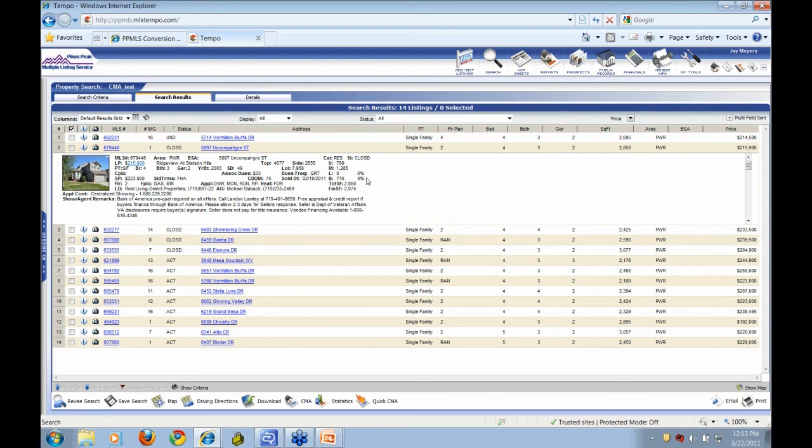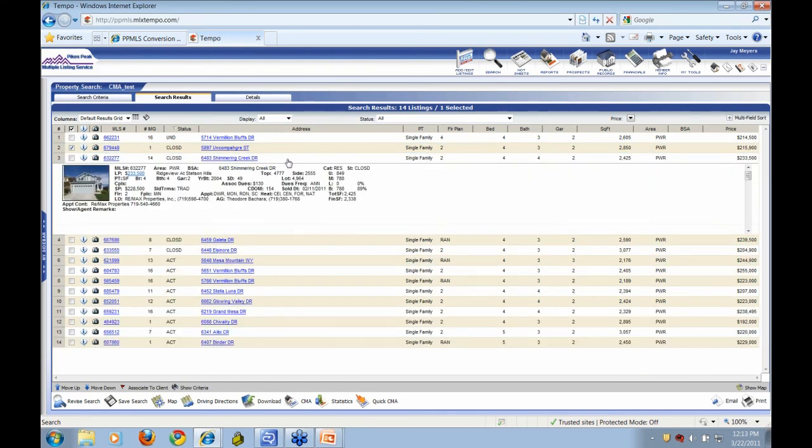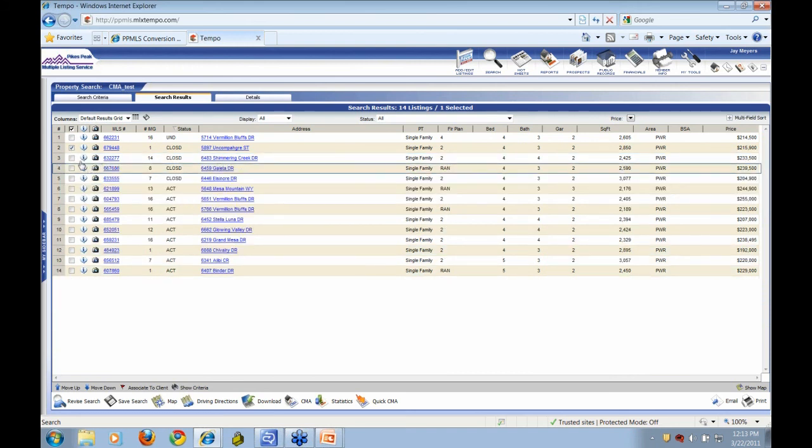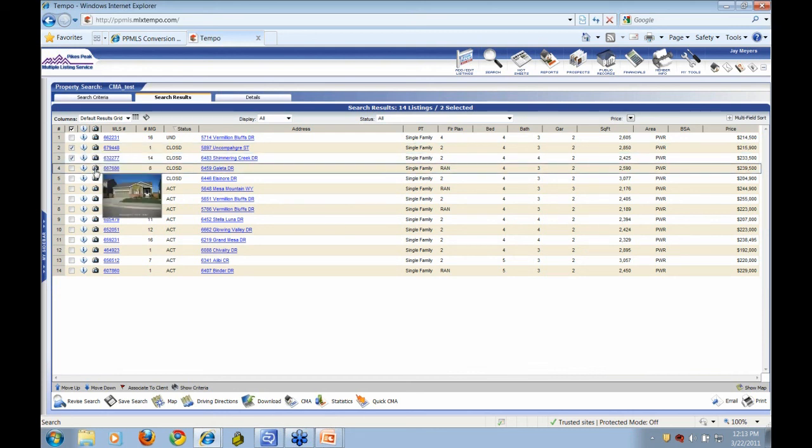So if that's one that you want to use, you can of course select it, click again, close it out. If you want to see the next one, you can do that, and you can do that fairly quickly to give you an idea of what's, again, a valid candidate and what's not. You also, of course, have the option of simply hovering over the camera if just a visual look can give you a better idea of whether or not you're going to use it in your comps. Again, the camera is just a matter of hovering over it.